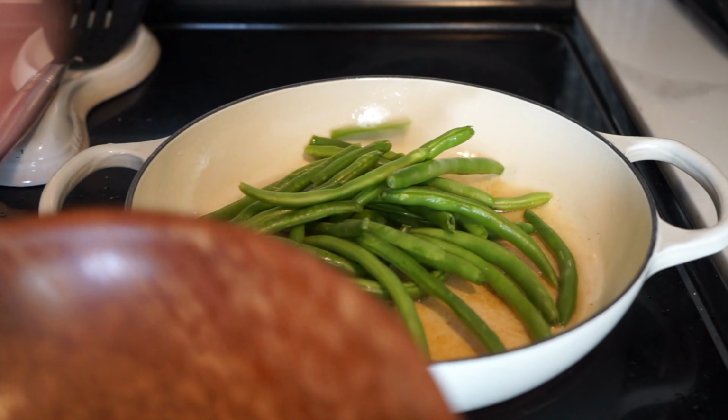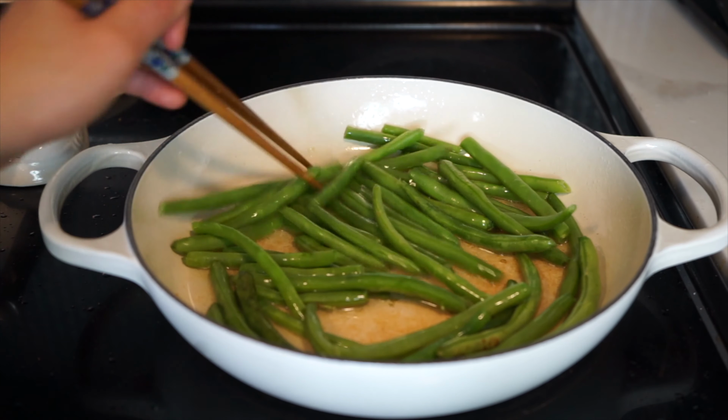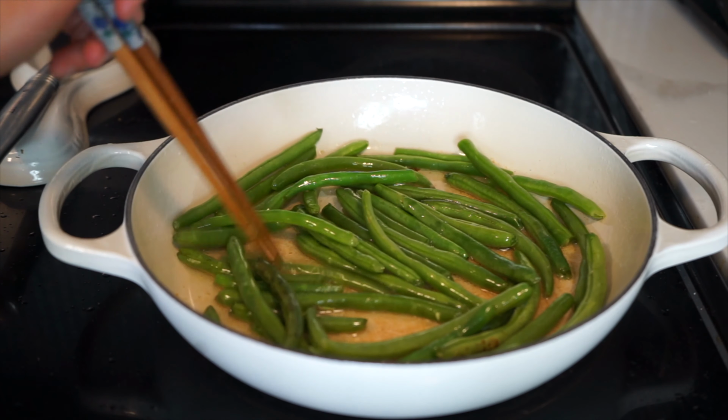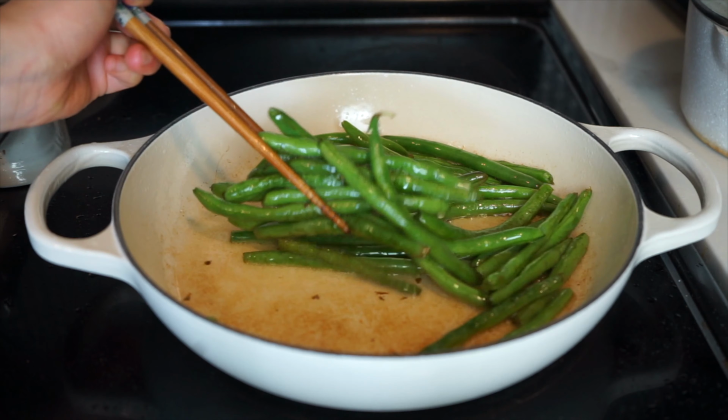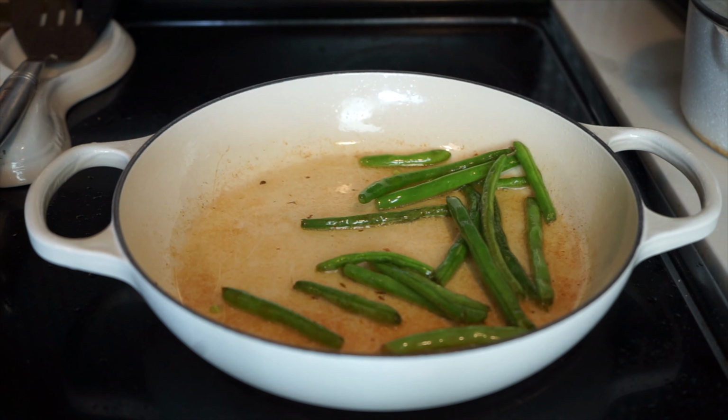And now we are going to add the remaining green beans and allow it to cook for about 4 to 5 minutes or until it's a vibrant green color as the previous batch. So now these green beans are pretty much ready and we're going to take this out, pour any excess oil